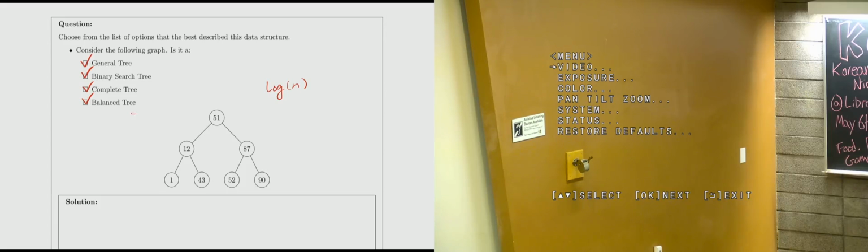Here we have in total 1, 2, 3, 4, 5, 6, 7 elements in it. The height is 3, right? For a complete binary search tree, because each node has 2 children, that's why we call it binary. So the height will be 2 to the,